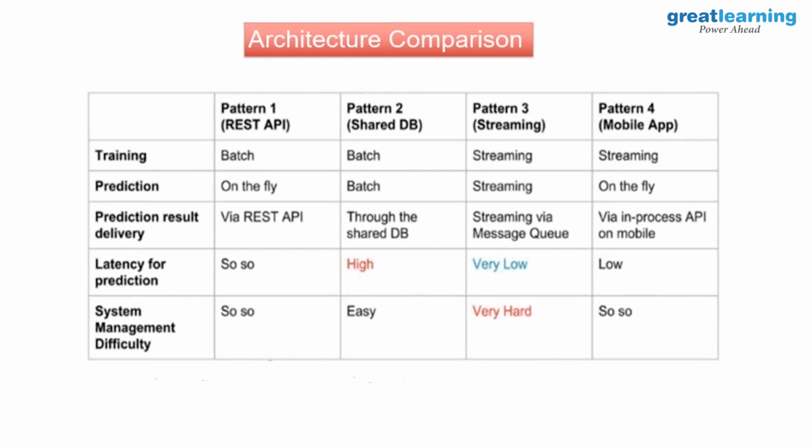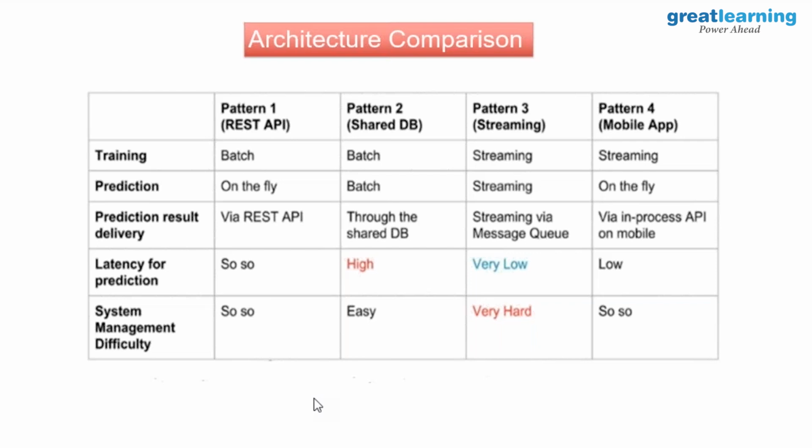All right. Okay. So, Miss Anjana, can you explain what is meant by so-so for the system management difficulty? Yeah. So it's not very difficult, it's not very easy, and I'll tell you why. Pattern 2, if you look at it, it's a shared DB, which means it's an offline environment, right? Offline means assume I have a computer lying somewhere which has a database. I take some input and I have some mechanism of giving those inputs into that computer. So I'm not disturbing that computer at all. That computer has the model for a prediction. So it's very easy because it's not online.